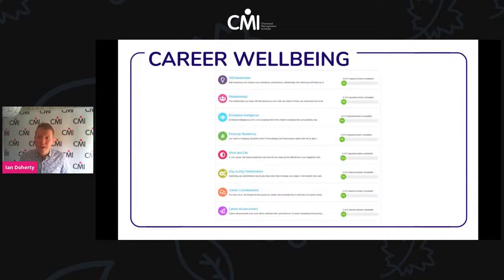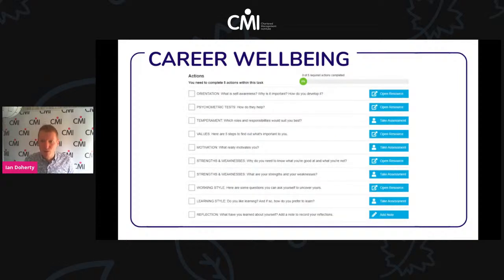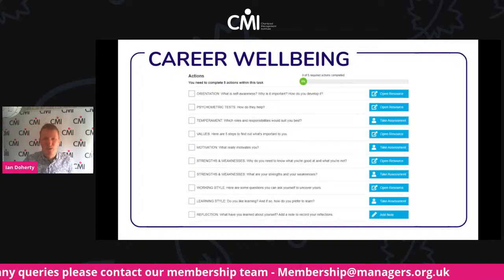And just to touch on two other areas within the career development resources, there's a career wellbeing program, which looks at how happy and healthy you are in the workplace. There's a number of areas which you can see on the screen now, which you can go through. If you go into one of these, you've got various resources available to you where you can take a short assessment, or you can read a resource. It's really a reflective piece to help you learn more about yourself and your well-being in the workplace. It's really short, really simple, not much to it, but it's a really good resource to help you identify how you can improve.